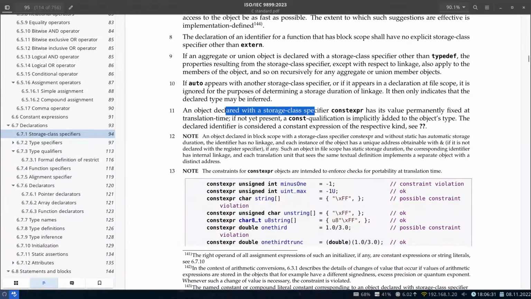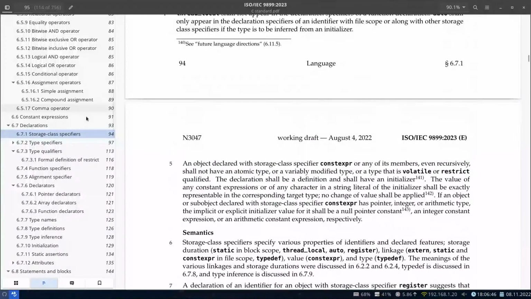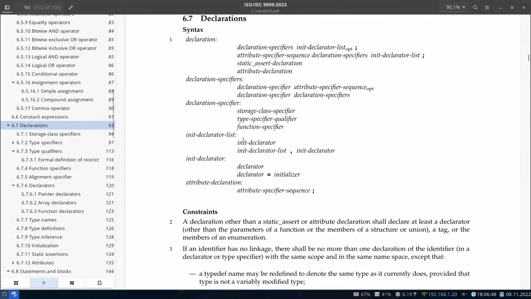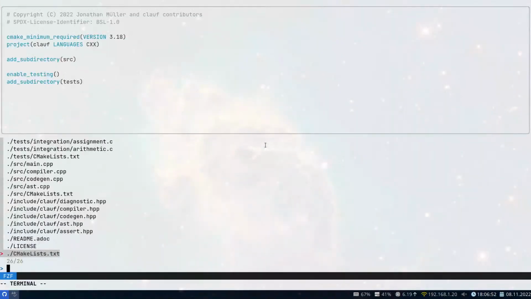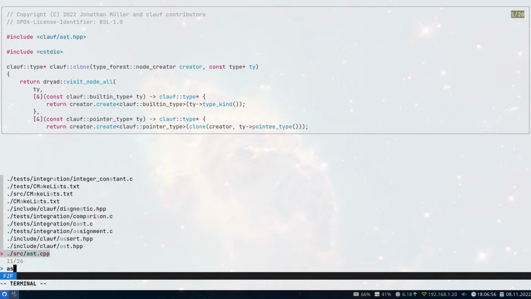No, it's constexpr, but right, it's implicitly const. This is a broken reference because we are using a draft of the standard. It's a constant expression. I'm guessing the initializer has to be a constant expression. Yeah, but it's been set in a different place. So storage class specifiers, we pass them as part of these specifiers. So